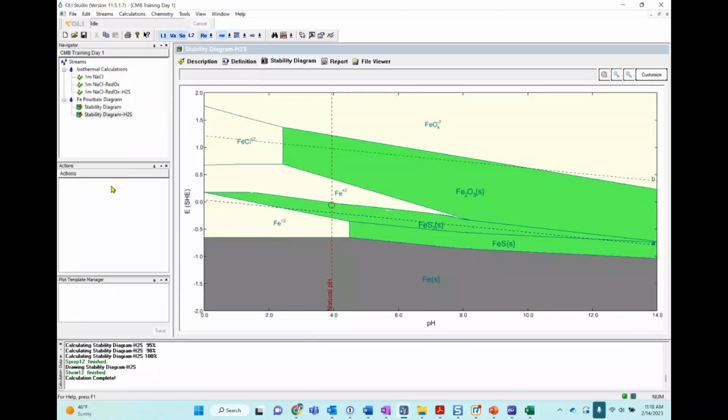So if you have a stainless steel, you will have iron and chromium and molybdenum in some cases, or nickel or some other alloying elements that are added to the system because they increase the corrosion resistance.